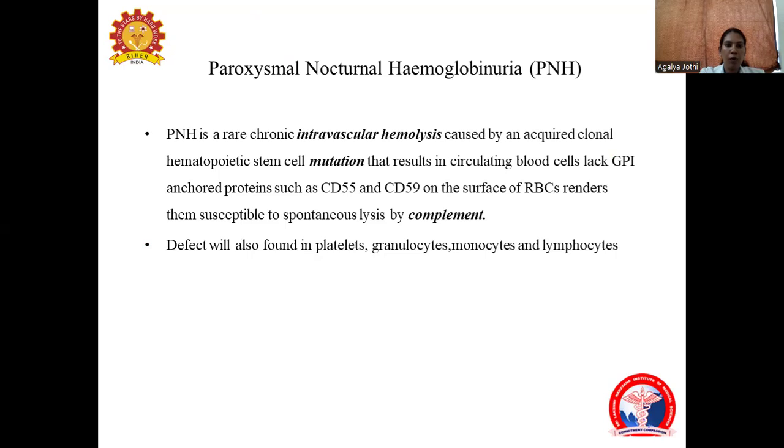Paroxysmal nocturnal hemoglobinuria, PNH, is a rare vascular crisis caused by an acquired hematopoietic stem cell mutation that results in blood cells that lack proteins such as CD55 and CD59 on the surface of RBCs, making them susceptible to spontaneous lysis. The result is seen not only in the RBC, but also in platelets, granulocytes, monocytes, and lymphocytes. The most common treatment and important is